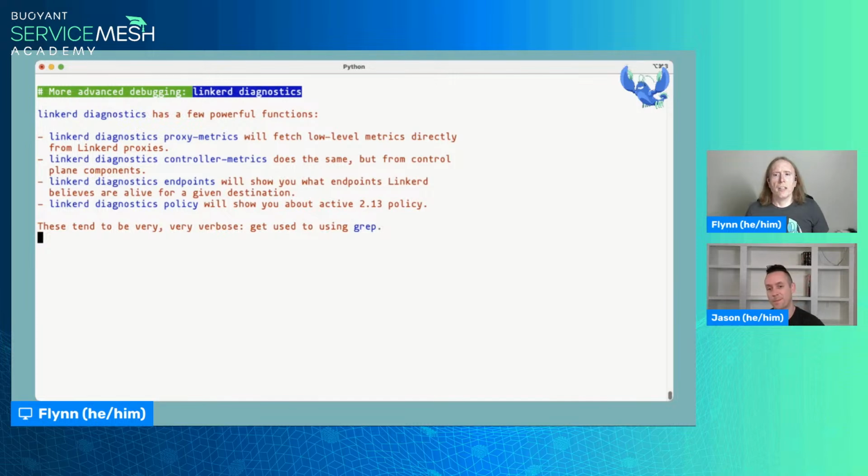And finally, linkerd diagnostics policy in 2.13 and later will show you about all of the active 2.13 policy stuff. Fair warning, most of these are extremely verbose. So get used to filtering the output somehow, grep, or dumping them into a file and searching, or writing programs to parse them, or something like that.